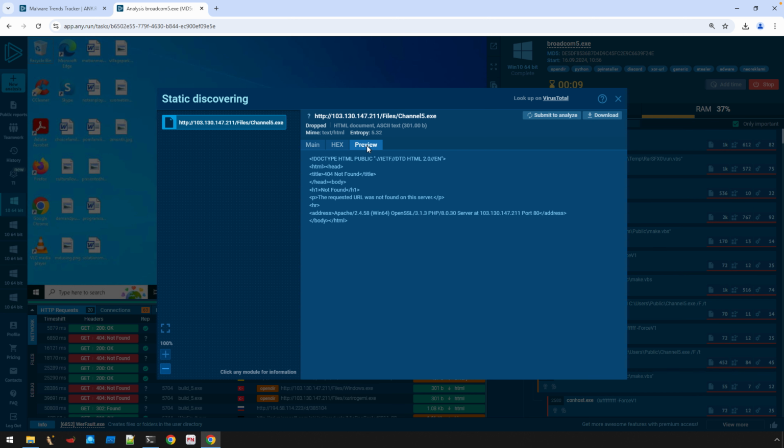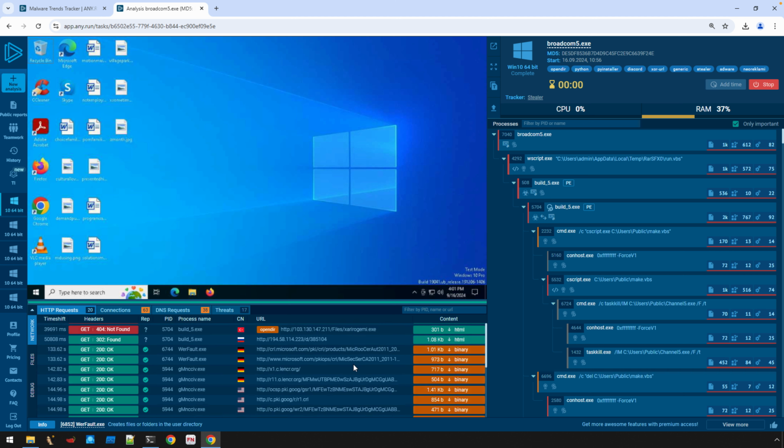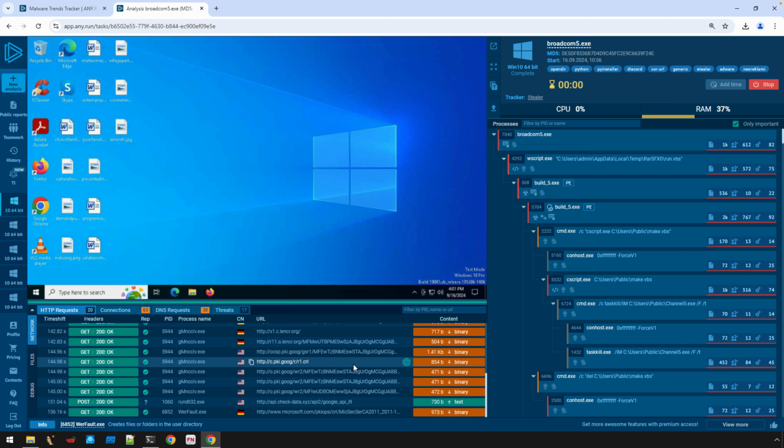So here we can see in the preview that, yeah, this in fact was a 404, so that host wasn't there. So we have a bit of a dead end when it comes to that particular payload, unless we can rely on previous executions, which we can in this case. We can continue to explore. Maybe we'll see some other HTTP requests. For example,